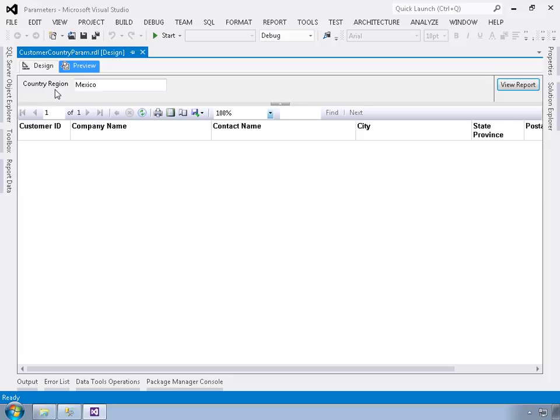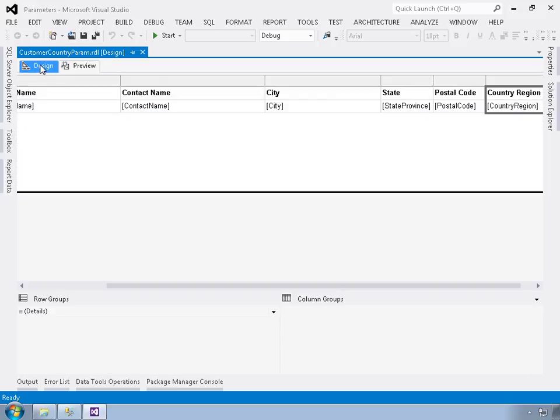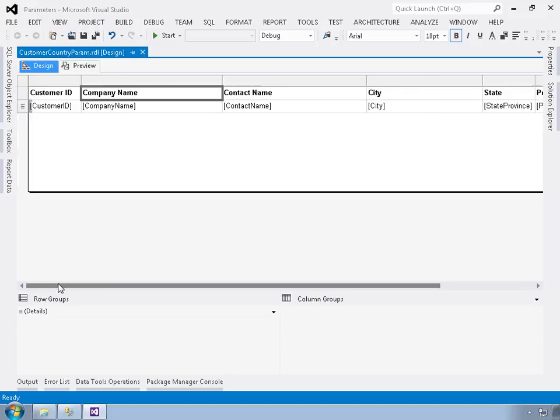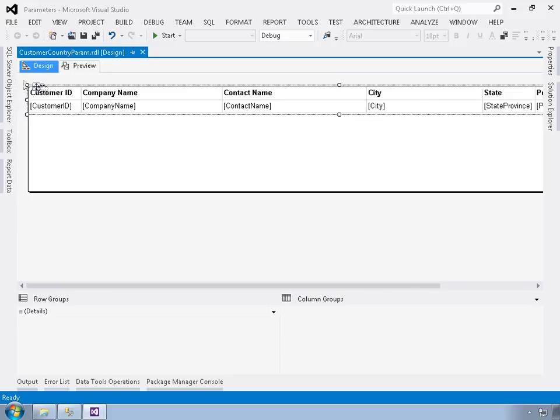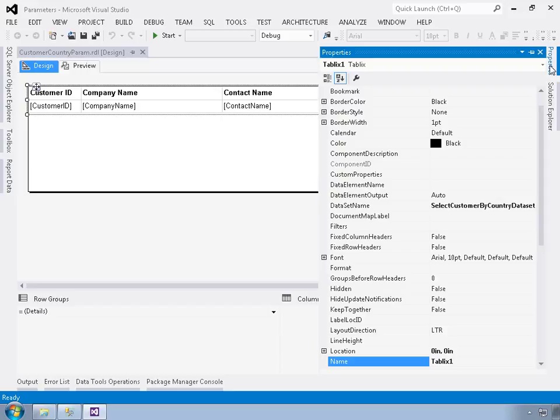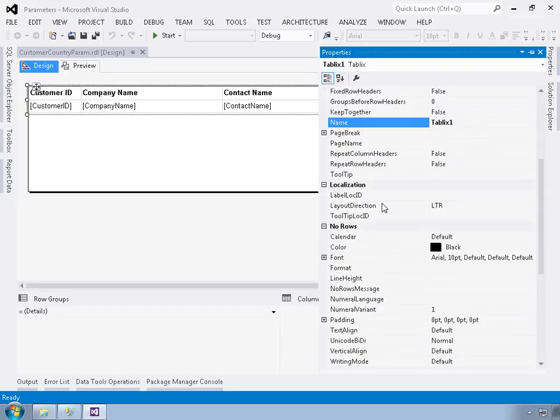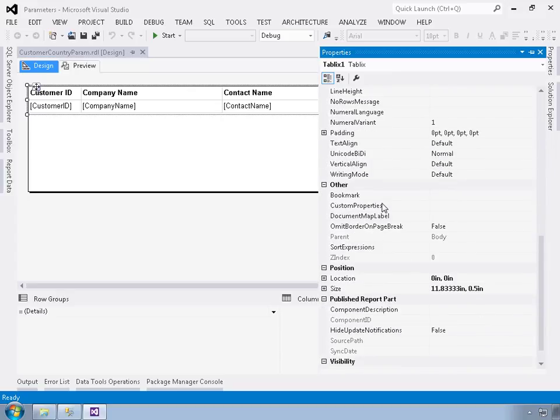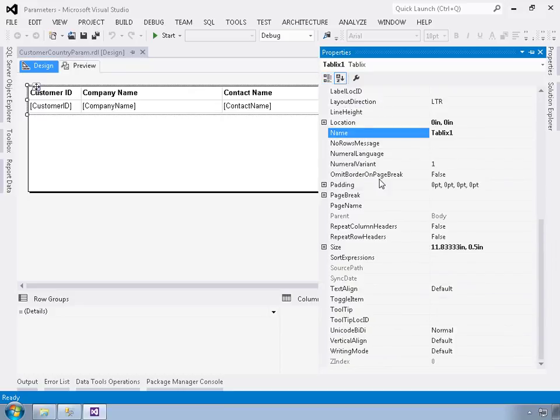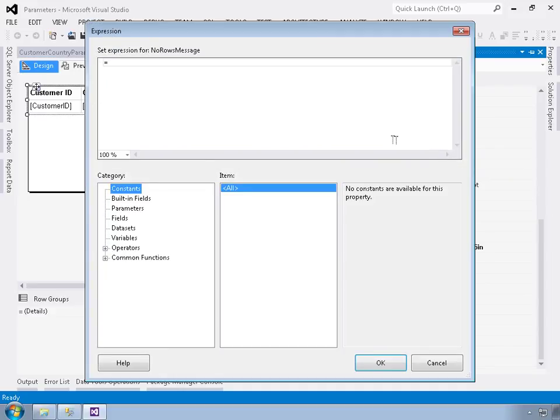All right, so that's not a real great user experience, so I can come back over to the design and select the table here, and go into the Properties window and come down here. I'm going to group those by category. Actually I'll look at these by section there. A little bit easier to come to that. And what I can do here is enter an expression that displays a message when there are no rows within the report. So I'm going to say there are